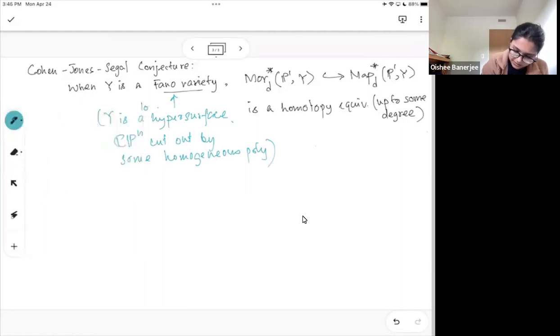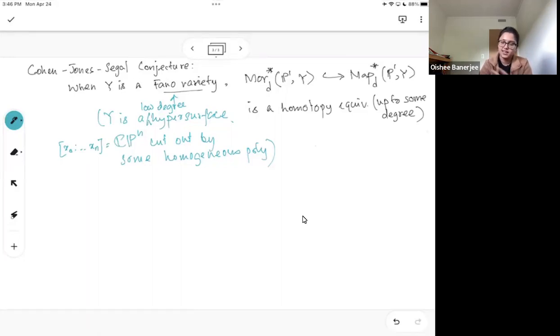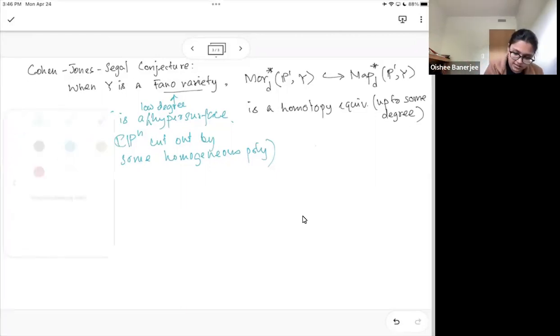Suppose in CPN you have homogeneous coordinates given by x0 to xn, and you can write down some degree m homogeneous polynomial. When m is low enough, that Y happens to be a Fano variety, and this comparison between the space of algebraic maps and continuous maps is wide open. So that's a big motivation on the topological side. On the arithmetic side,